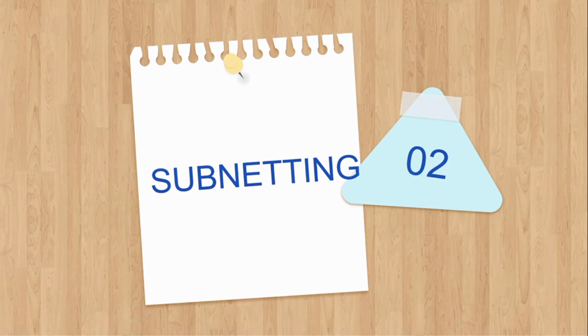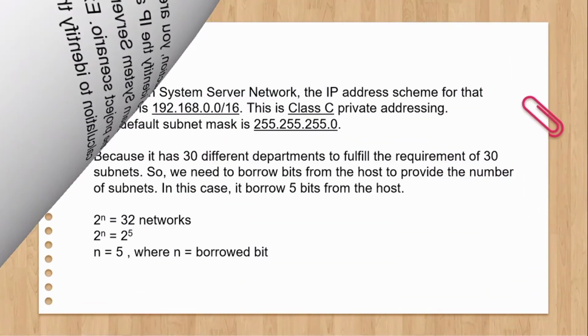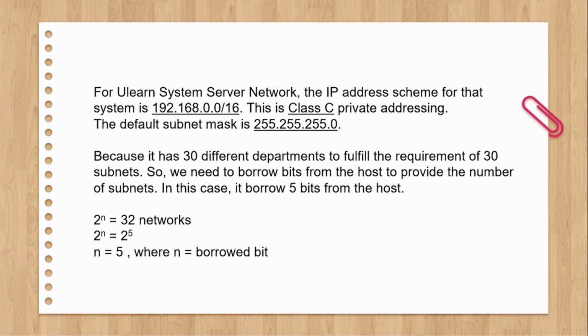Next is subnetting. In this session, we are going to show the calculation on how to identify the IP address that was assigned to the ULEarn system server based on the information given in the project scenario. For the ULEarn system server network, the IP address for the system is 192.168.0.0 and the subnet mask is /16. This is classic private addressing. The default subnet mask is